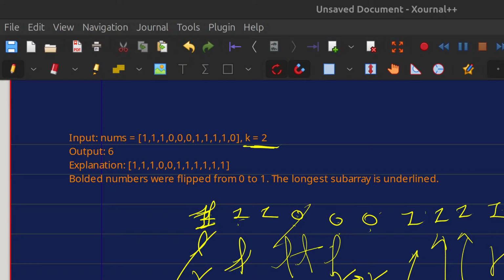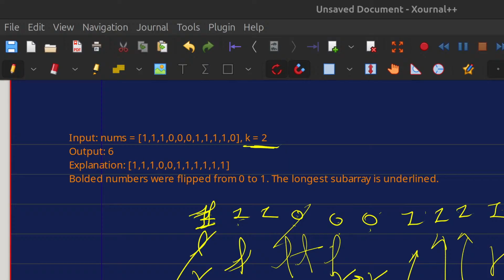Okay, or no, if k is less than equal to 0. Okay, so I have to take this variable int zeros, zeros is equal to 0. If zeros is less than equal to k, if we are in this case, okay, if we are in this case,